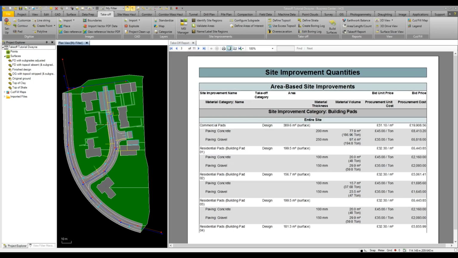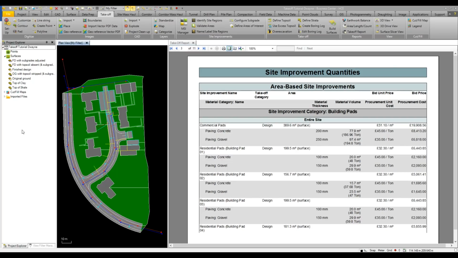Useful tools within Business Center relate to calculation and billing. So for those users in the German market, REB compliant data can be exported from Business Center, and in the Norwegian market, the SOSI reporting is now available within Business Center. For those using takeoff workflows, it's possible to calculate volumes of material on site utilizing the Material and Site Improvement